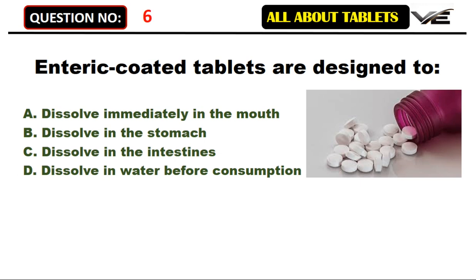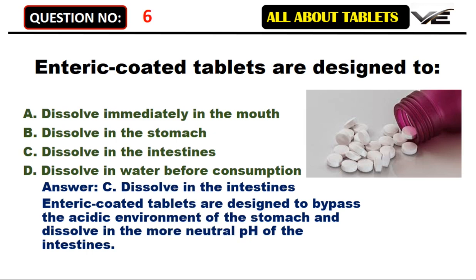Enteric-coated tablets are designed to: A. Dissolve immediately in the mouth. B. Dissolve in the stomach. C. Dissolve in the intestines. D. Dissolve in water before consumption. Answer. C. Dissolve in the intestines. Enteric-coated tablets are designed to bypass the acidic environment of the stomach and dissolve in the more neutral pH of